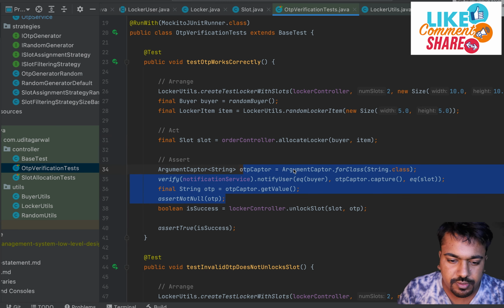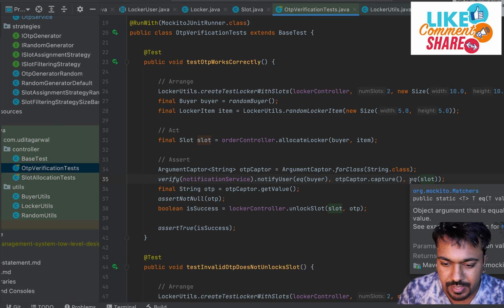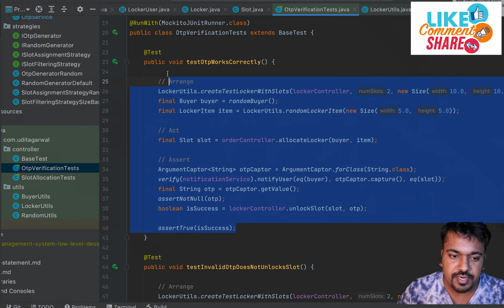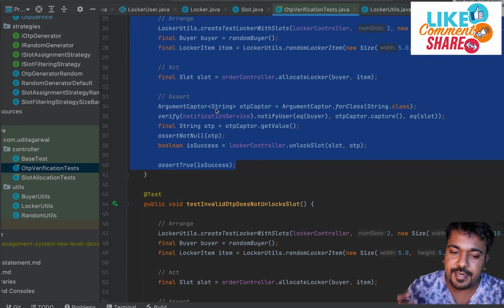We are verifying that the notification service gets called with a buyer and with the slot that we have allocated, and then the OTP should have been generated. We capture it, and then we try to unlock the slot using that, and it should be successful. The OTP that was generated for the slot, we should be able to unlock the slot with that.